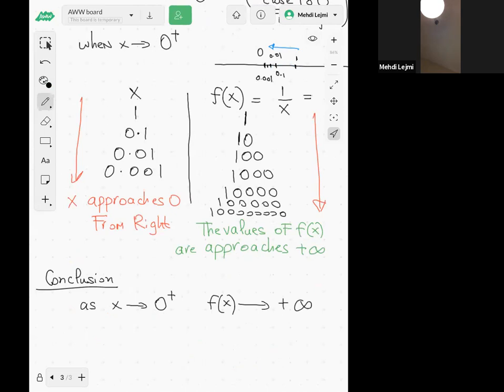I hope you can see from the table that as x gets small, the value of the function f is getting very large, right? And again, guys, this plus is not like positive 0. This plus means you are approaching 0 from the right. Okay. So like in the graph,